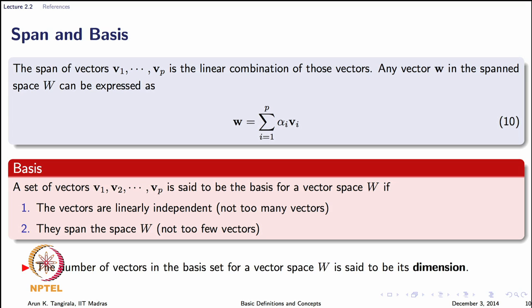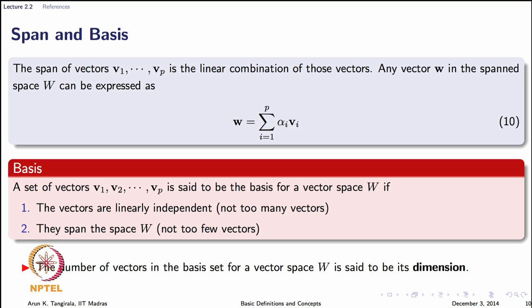There is a special feature of this orthogonality, and orthogonality is desirable in compact representation, signal compression, and so on. So finally, we talk of span and basis. Span of a set of vectors is nothing but the linear combinations. So we saw the linear combinations in the context of linear independence. Now we are talking of basis. A set of vectors is said to be a basis for a vector space W, whatever that vector space is, just a matter of notation, if two conditions are satisfied. The vectors are linearly independent,